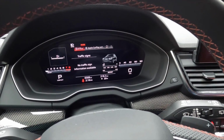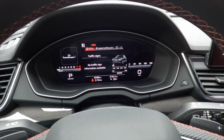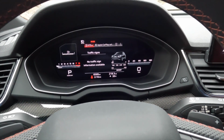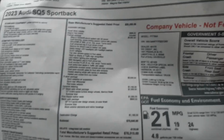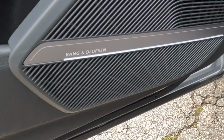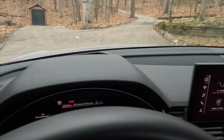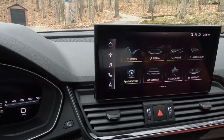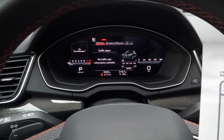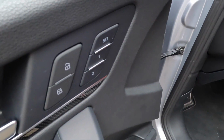Now, I've mentioned the Prestige package a couple of times. It is $8,900, and it includes a long list of stuff. So I also brought the vehicle window sticker. I'll just read it off to you because there's a lot. The Bang & Olufsen sound system, auto dimming power folding exterior mirrors with memory, Sirius XM with 360L 3-month trial, Audi advanced key and Audi virtual cockpit, that screen right there, memory for the driver's seat and the heated rear seats that we saw just a moment ago,